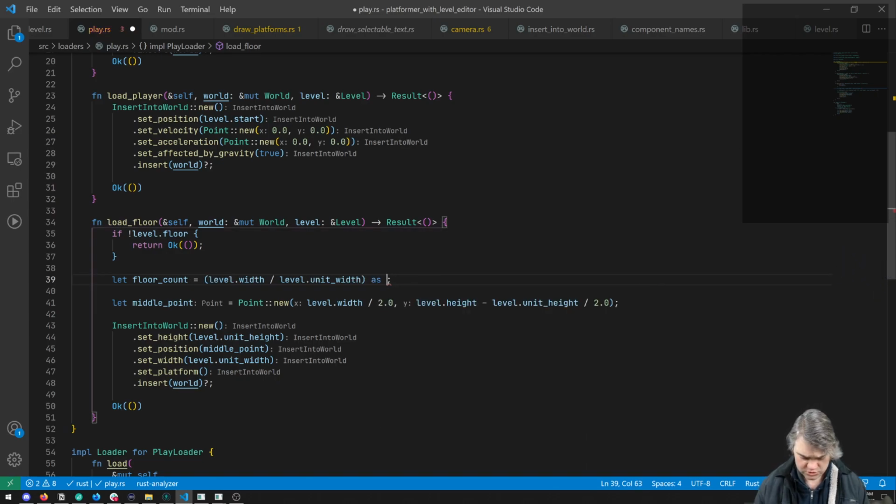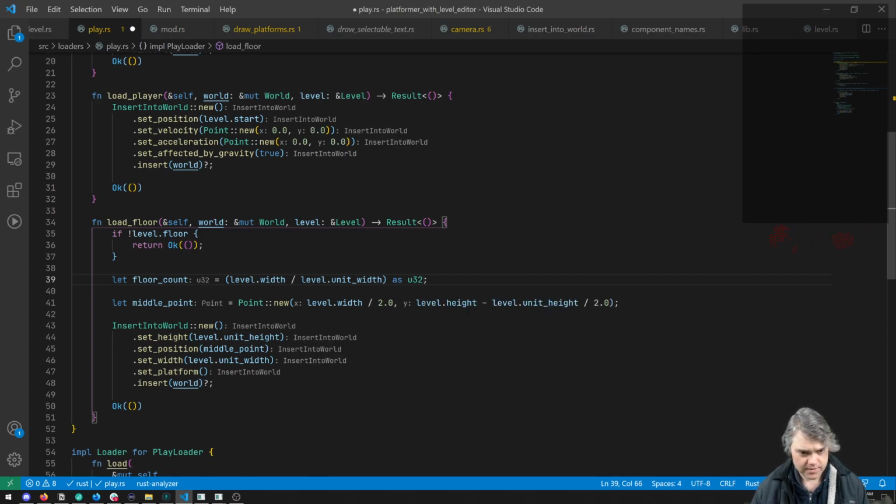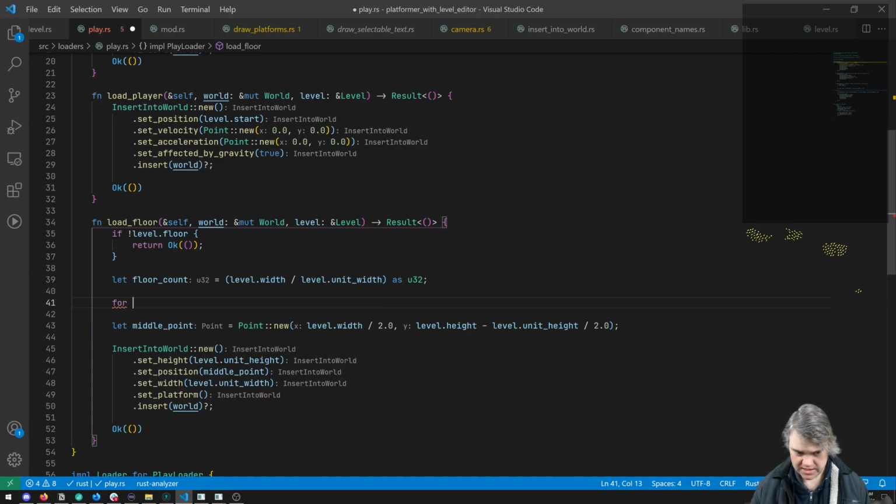So let's just do like a U32. Should be fine. And then we're going to have to calculate the middle point and insert to the world at this, like in a loop. So for i